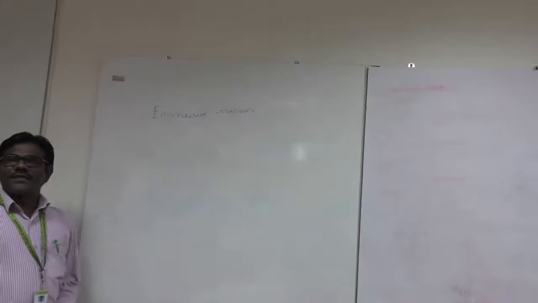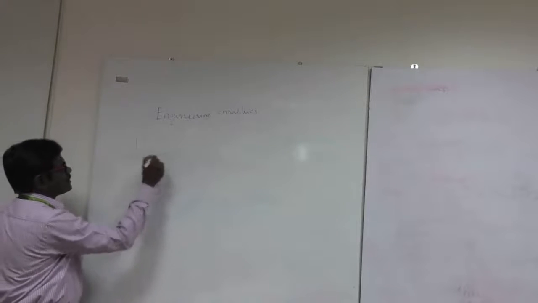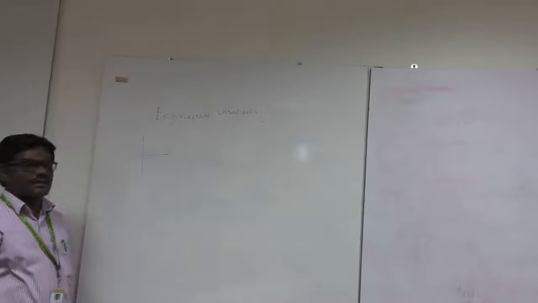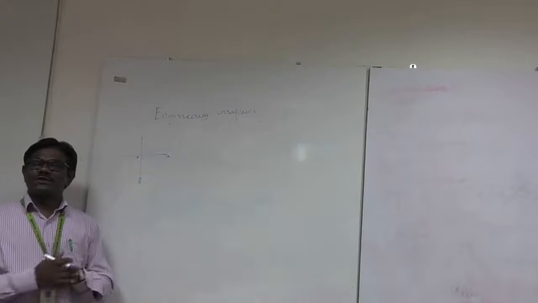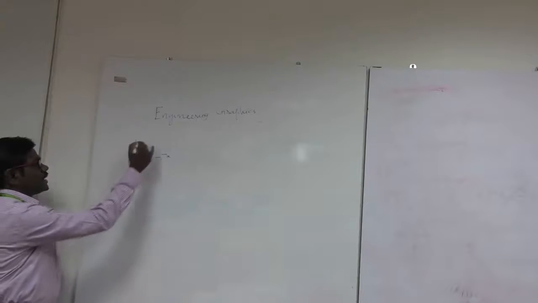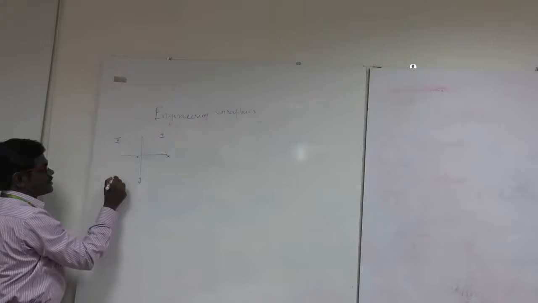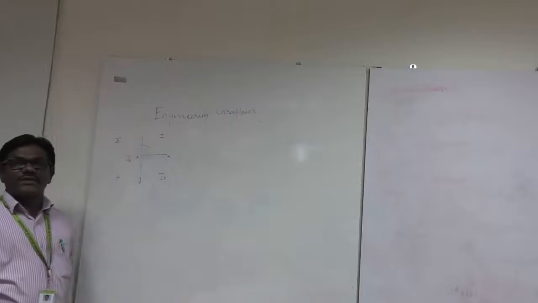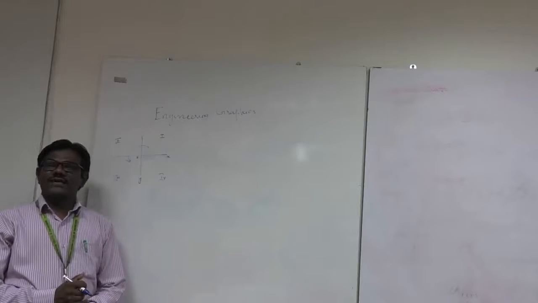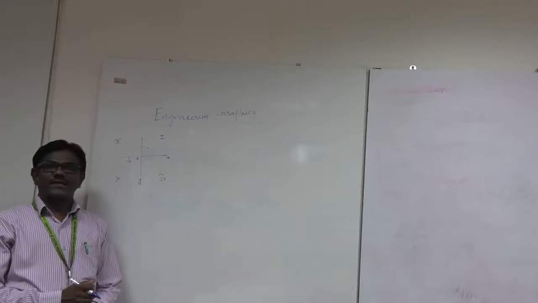Let me start with the mathematics. You would have seen this in your school level. This is called x-axis, y-axis, and this is origin. This is being taught at school level. I am marking here first, second, third and fourth in anti-clockwise direction. In a graph, we call it first quadrant, second quadrant, third quadrant and fourth quadrant.